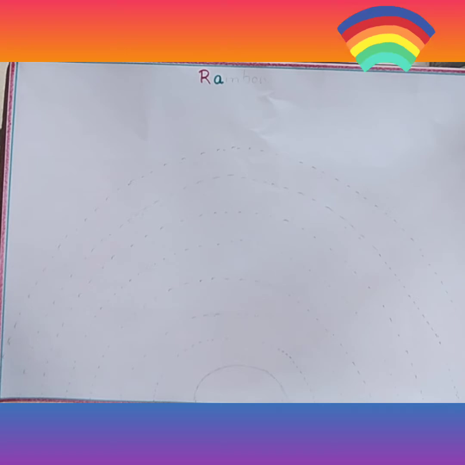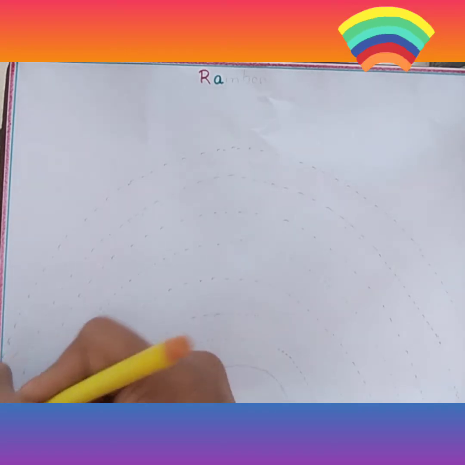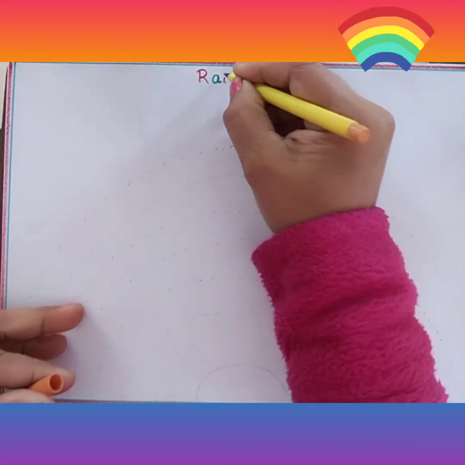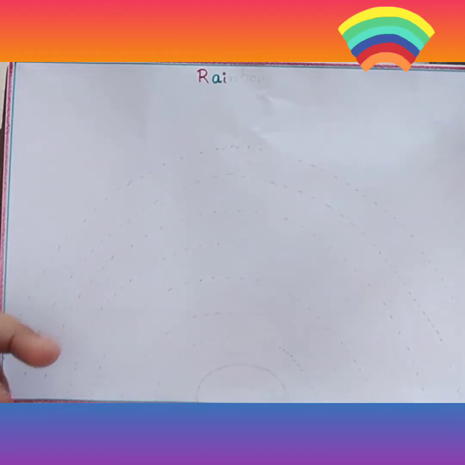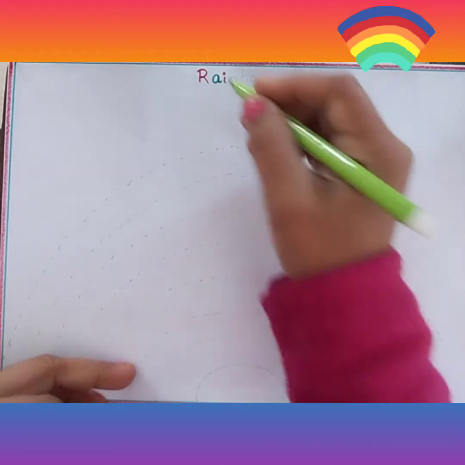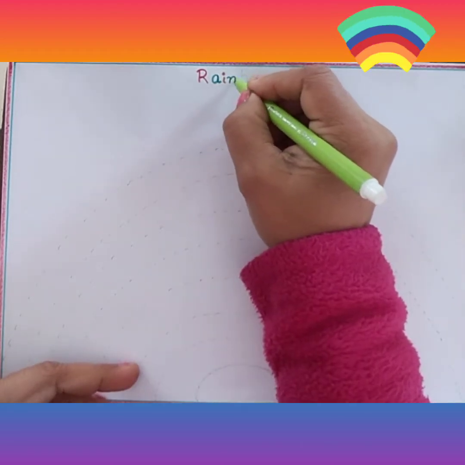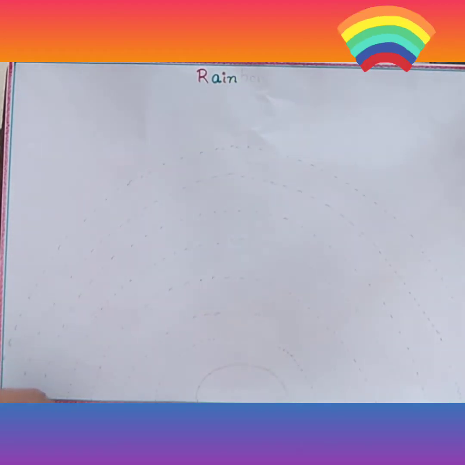Rainbow spelling we are going to write here. I, N, rain, and now the spelling bow.